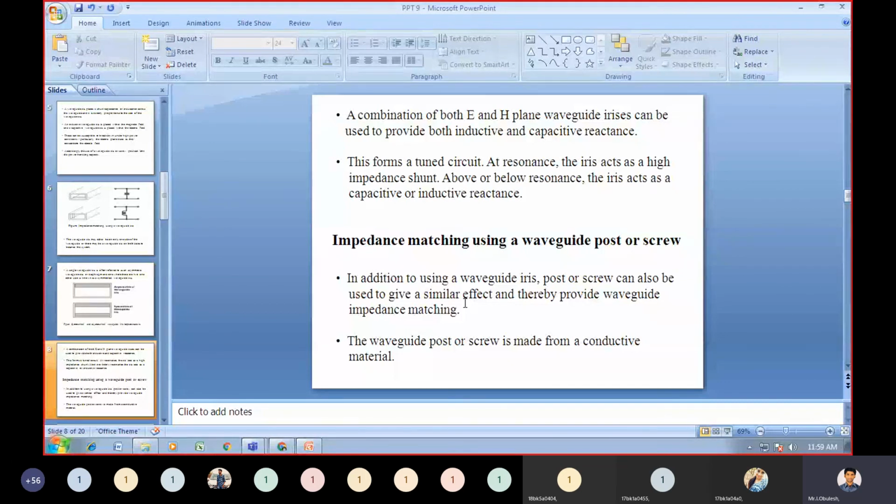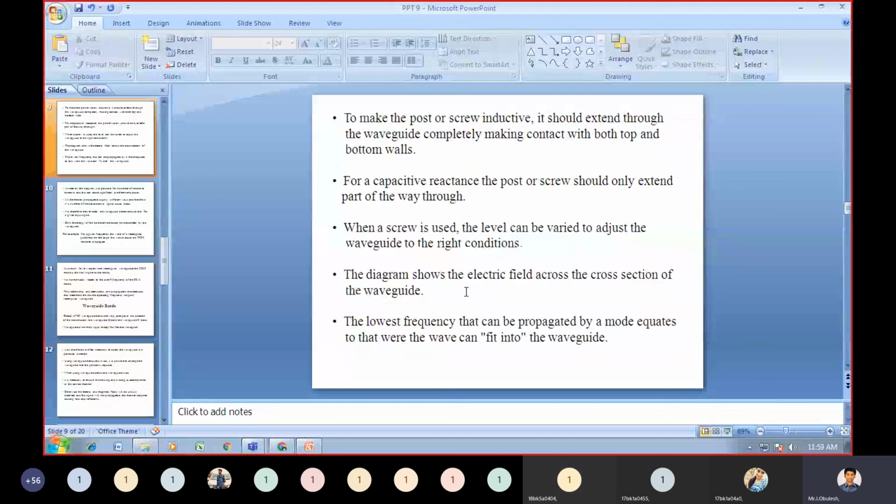The waveguide four-star screw is made from a conductive material. Note down this point, it is very important. To make the four-star screw inductive, it should extend through the waveguide completely, making contact with both the top and bottom walls. We already see